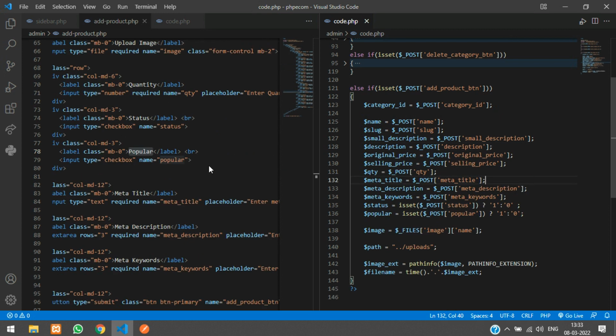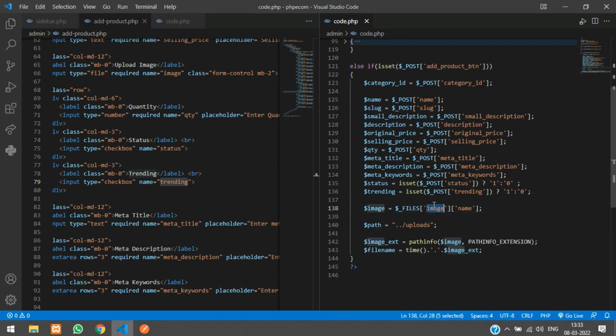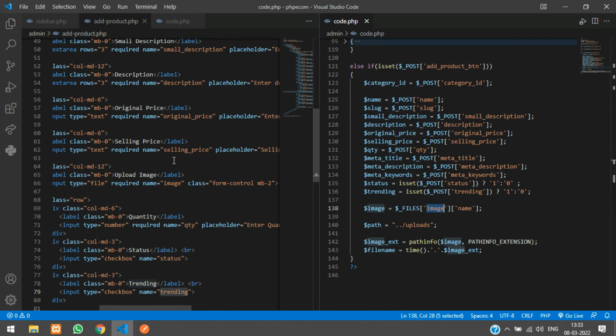So I have added all the fields over here, and this thing popular we have kept it as trending for our products, right? So I'll just change the label over here so we don't confuse with our database field and this field. So it's trending, and this is for the image. Okay, so the image field we have it as the same, right? Yeah,